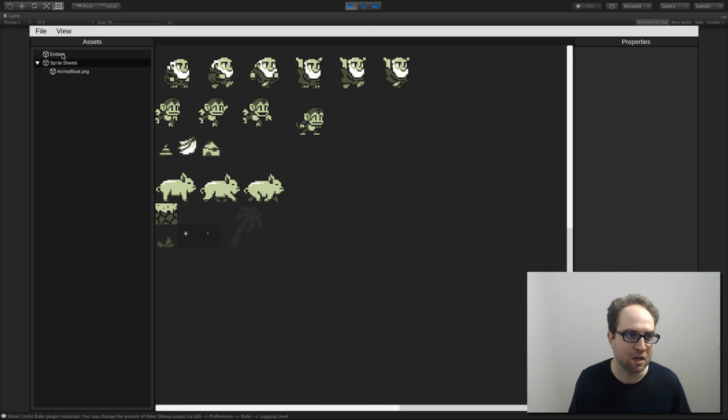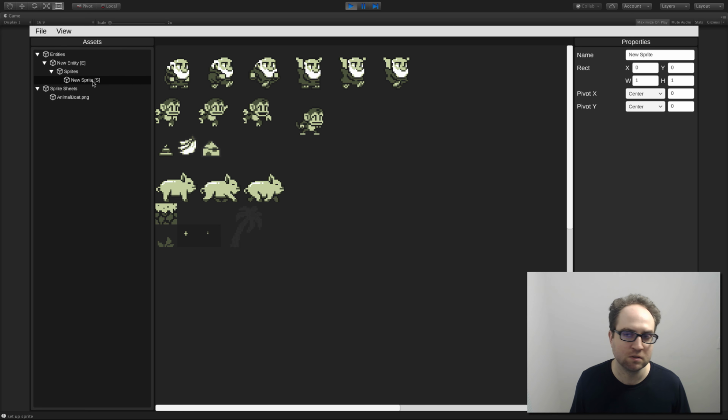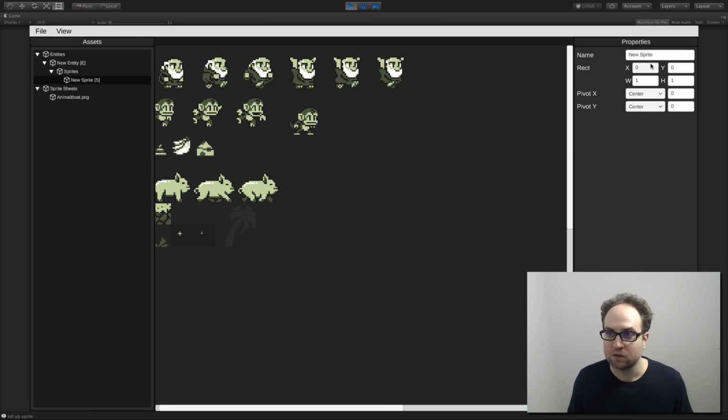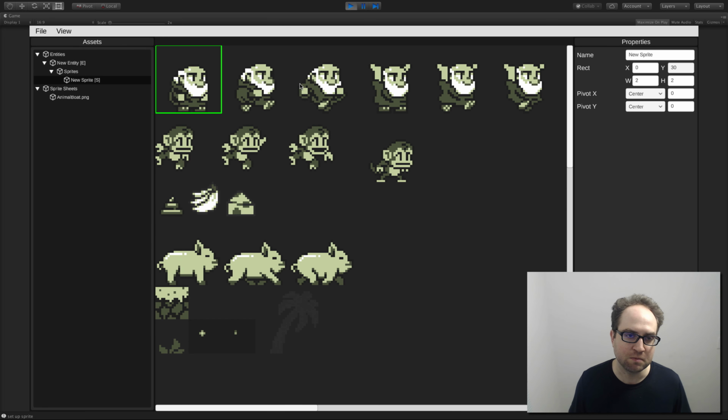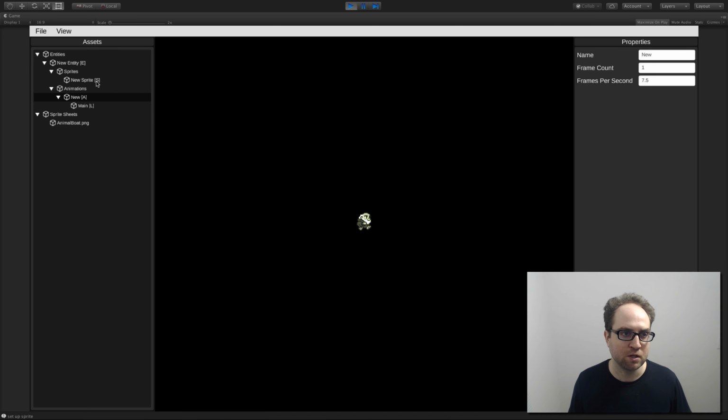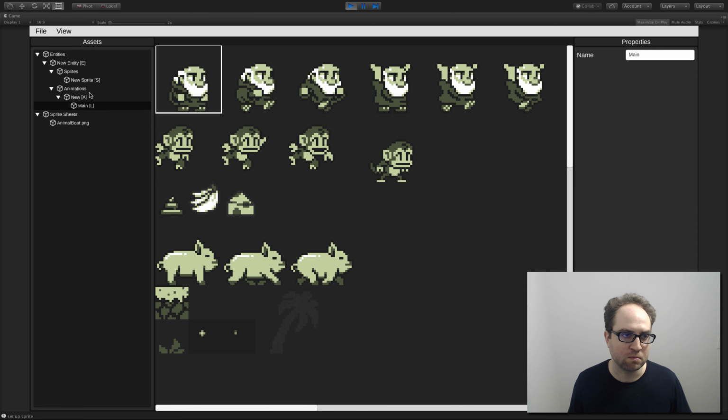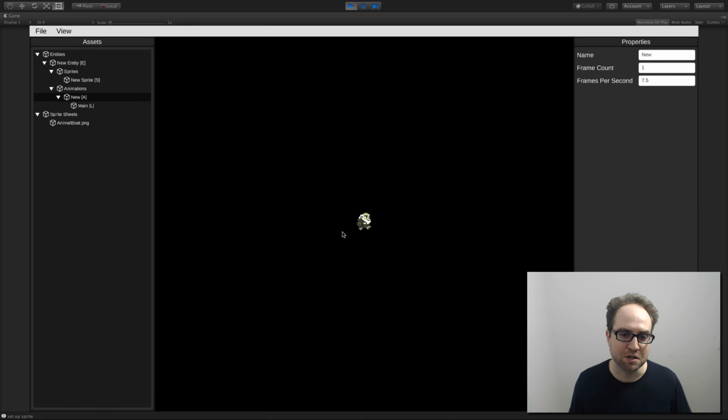This is a really simple game poking fun at another game, but you can create an entity and then you give the entity sprites. Right now you have to enter in the sprite stuff manually, but you can see now I just sliced it. If you don't know what slicing is, it means you take a section of a texture and then you can use that section, and this section is then known as a sprite, and then you would create an animation, which, I don't know, my animation editor is not really doing much right now, but